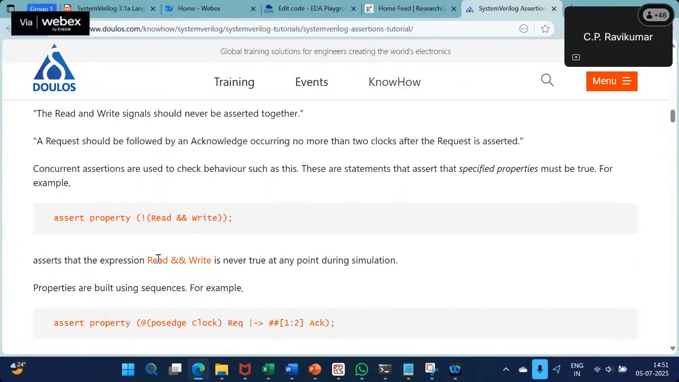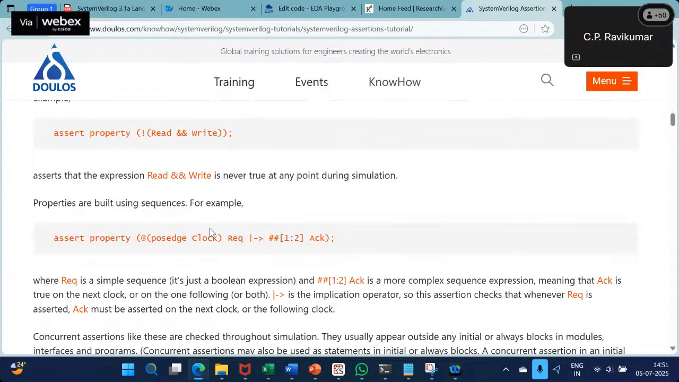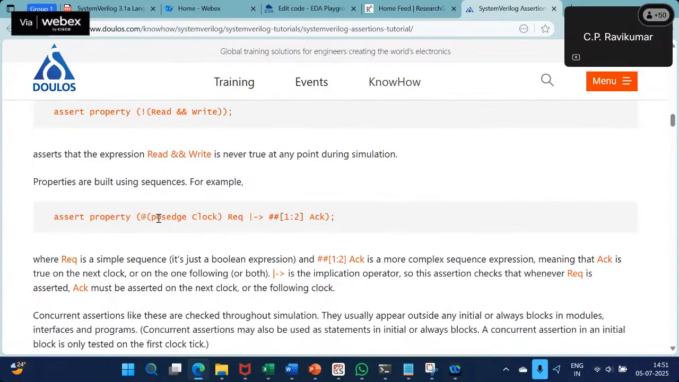So when you want to write such assertions, you have to add the word property. Assert a property that read and write do not occur together. And usually properties are checked at certain points, right? For example, you could check it every clock. This means at every positive edge of the clock, check the following. Whenever request becomes high,